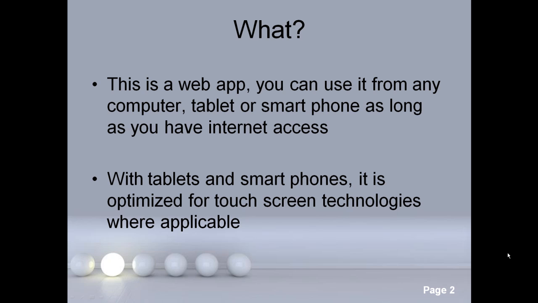So this app is actually a web application. You can use it from any computer, tablet, or smartphone as long as you have internet access. Now there's a couple caveats there. When I designed this, I designed it to work best with Safari and Firefox as well as on an iPad. So it will work with any computer, tablet, or smartphone, but it works best with computers that are running Firefox